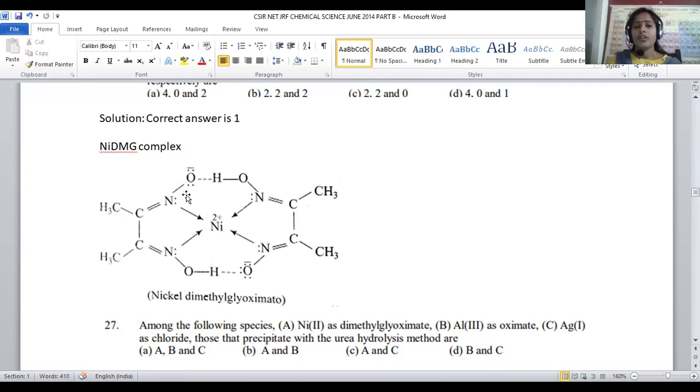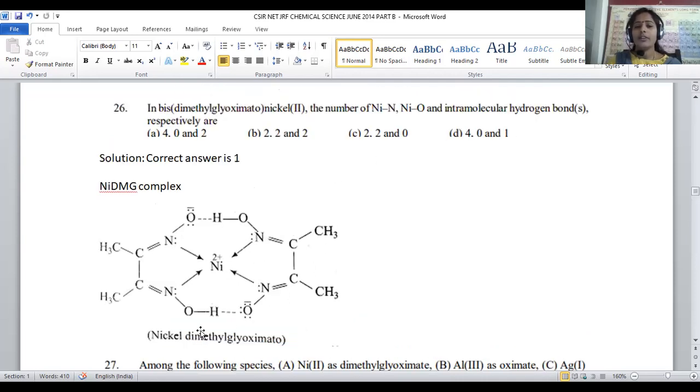Being intramolecular hydrogen bonding, here you can clearly see that the hydrogen of one of the OH groups present on the nitrogen will bond with another oxygen present on the nitrogen. So in this manner, two possibilities are there. Four hydroxy groups are participating in this kind of weak hydrogen bond formation. How many interactions are there? 1 and 2. So intramolecular hydrogen bondings are 2 in this. That is only given in option number 1. So 4 nickel nitrogen bonds, 0 nickel oxygen bonds, 2 hydrogen bonds are there in this nickel dimethyl glyoxime molecule.